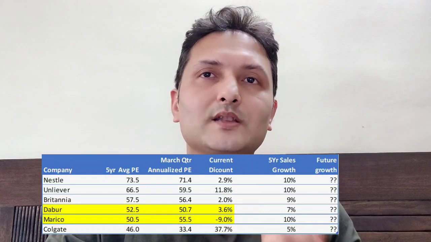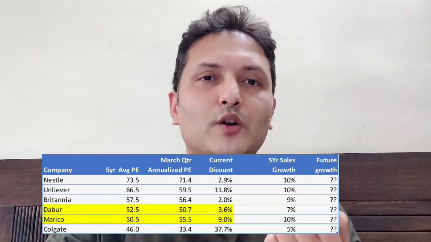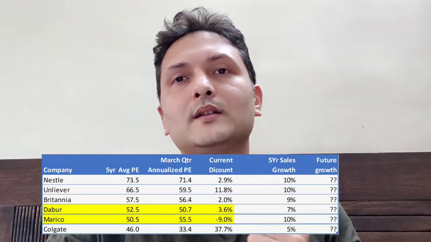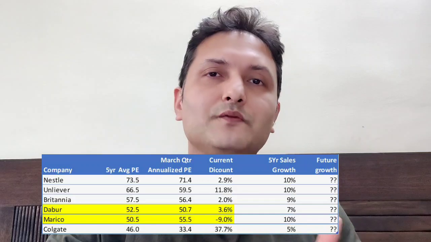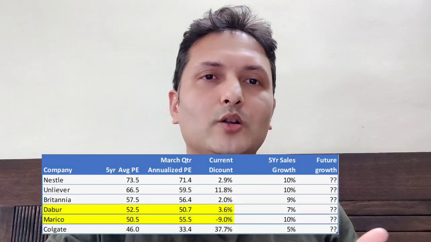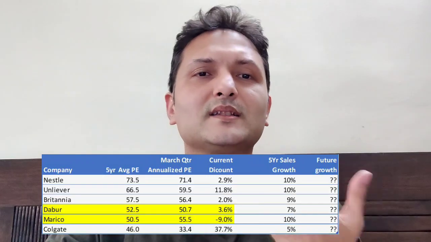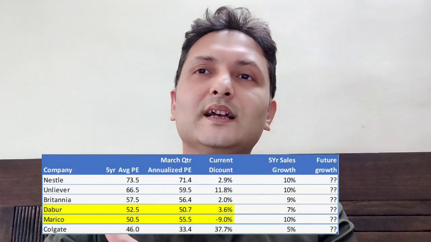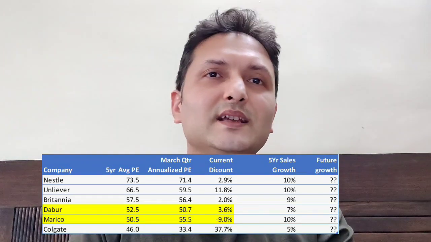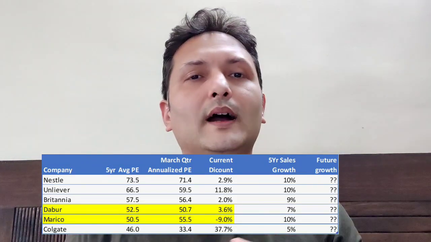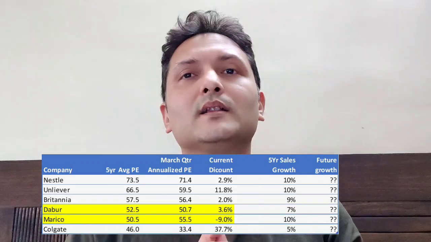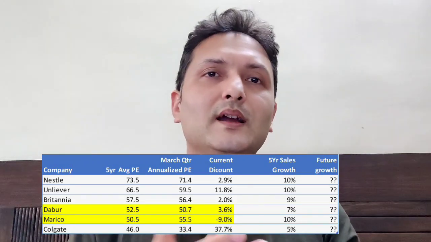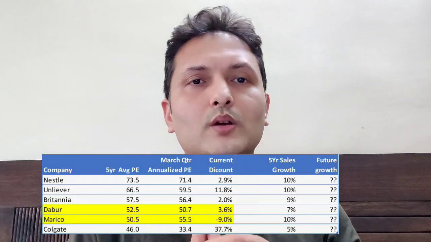Simultaneously we see that the March quarter annualized PE multiple for Colgate is very low. This is because of two factors. The March quarter operating margin for Colgate has been very high compared to all the previous years, and the other reason is there is a risk from Patanjali. And then looking at the growth rate for different FMCG companies, we see that the companies which have a stronger brand and continue to grow at 10% or so command a much higher premium. Similarly, for companies like Colgate, where the growth rate has been low in the past, their multiple has been coming down.